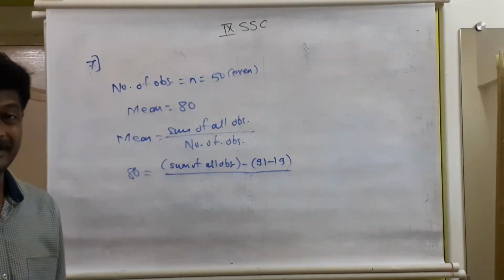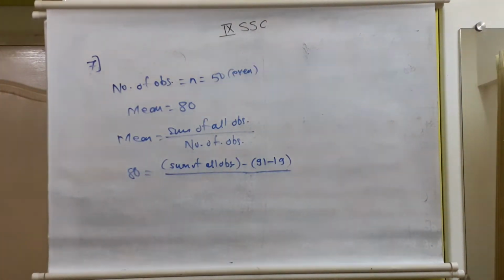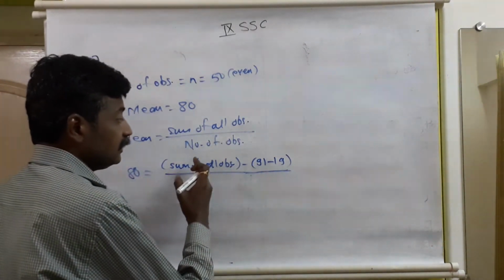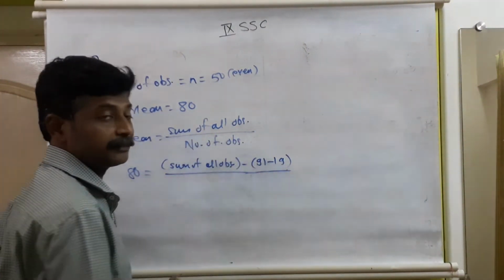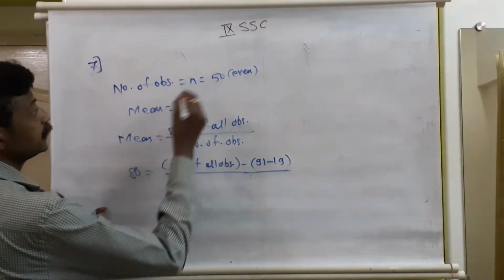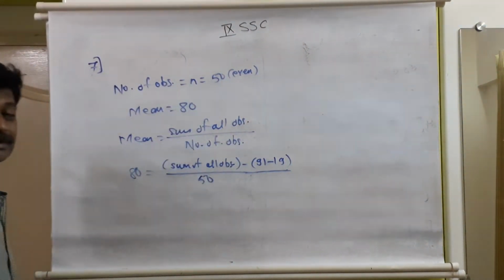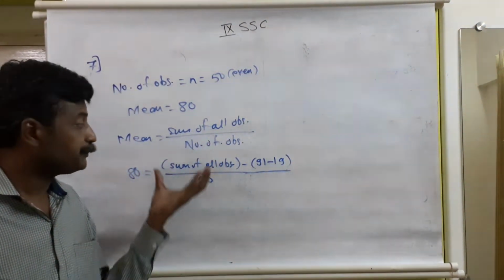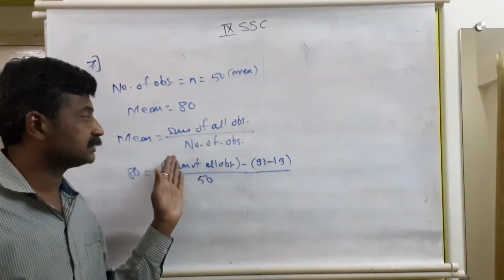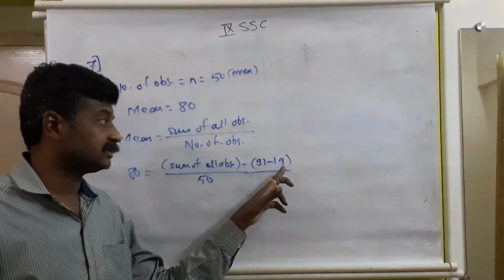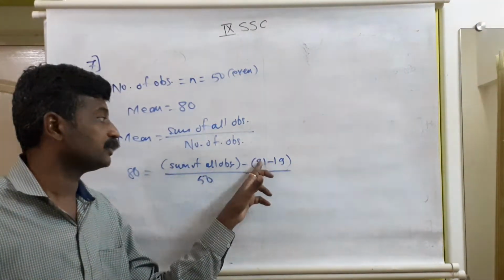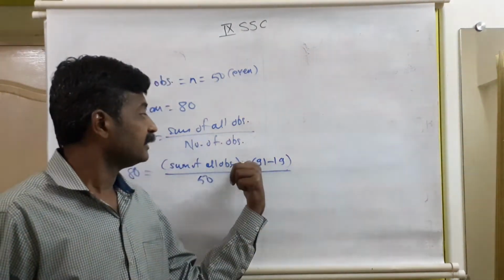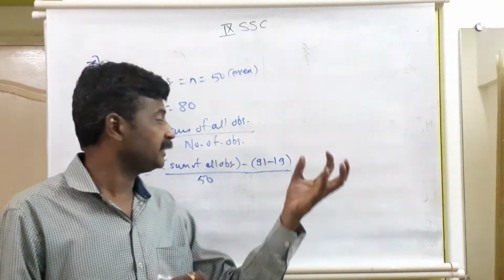What was the correct mean? To find out the correct mean, first we should have the correct total. How to get the correct total? The difference between these both should be subtracted from that. Number of observations we know, it is 50. Mean is 80 as given. Number of observations are 50. Sum we don't know, but we know that in this sum, one of the observations supposed to be 19 is counted as 91. So additional is 91 minus 19, whatever difference between them, it is considered additional.